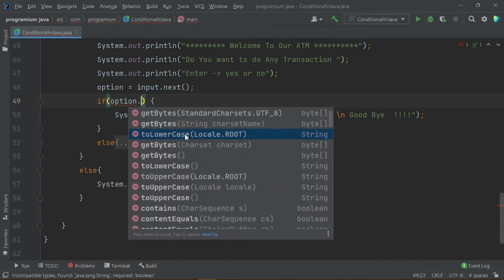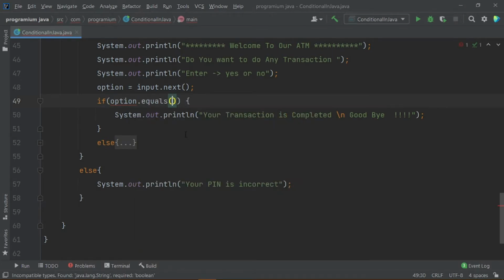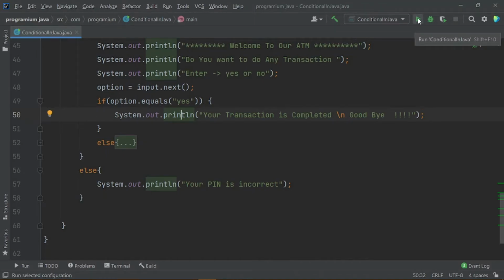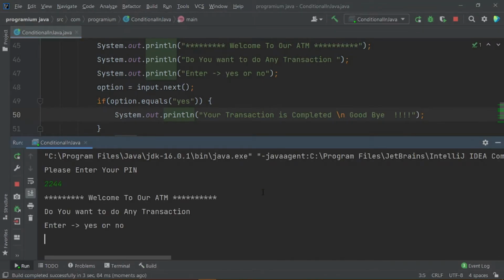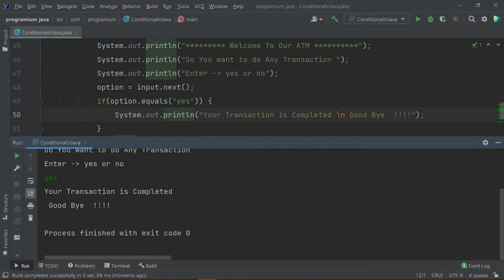Let us use equals here, and what I am using here is yes. So let me run this and then I will explain the logic. Enter your pin 2244 and I am saying yes, and it is saying your transaction is completed, goodbye.